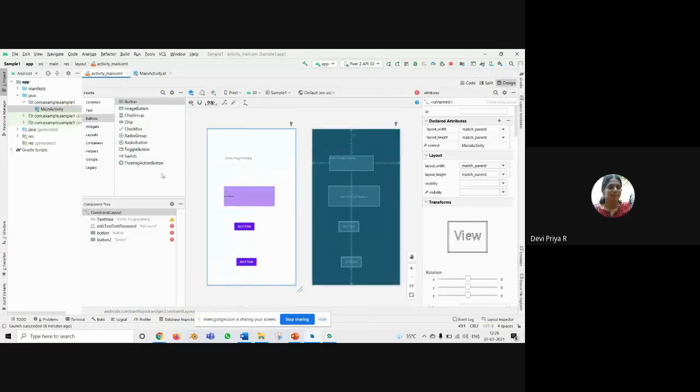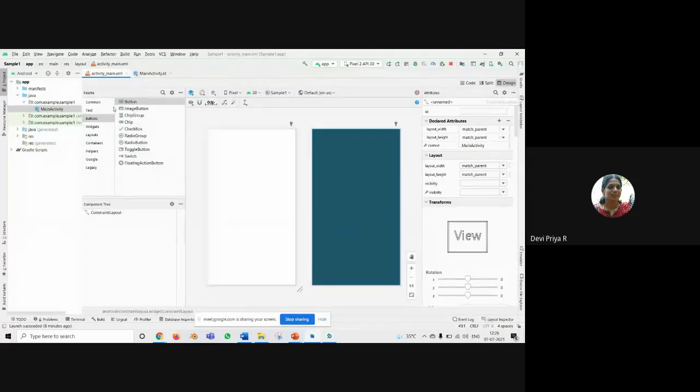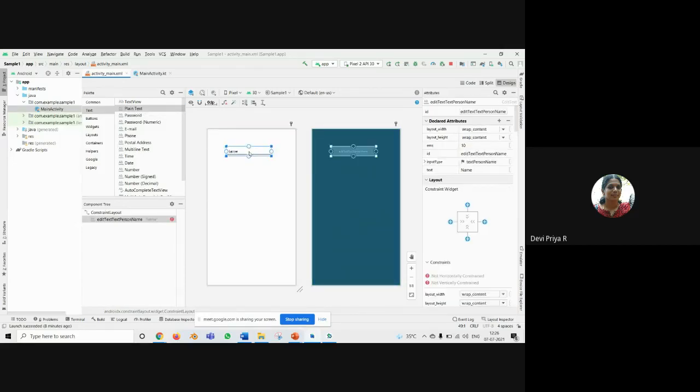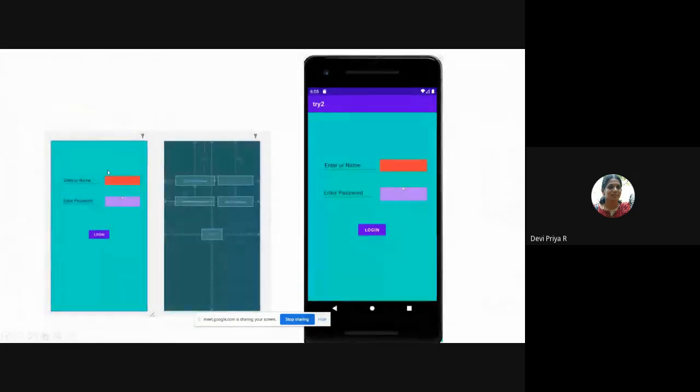Okay, so I'll just show you how to create buttons from this. I will delete all those things and start fresh. So I'm just adding a plain text. This is the page that I created for a sample yesterday. So just enter your name. Suppose you want to create a login page, where you enter your name, password, and then a login button, you can just create the screen like this.